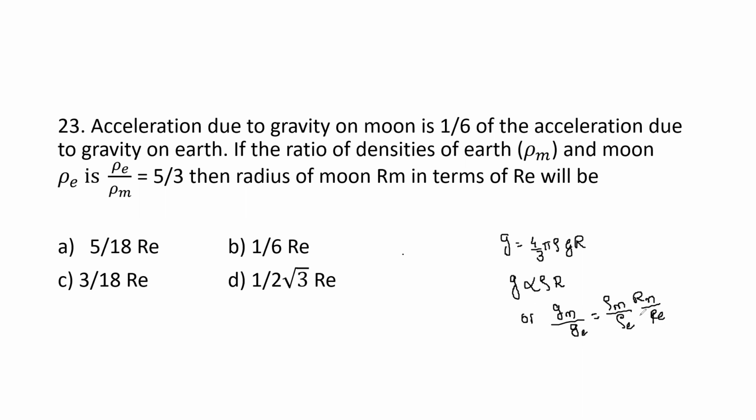We can write g is proportional to rho into R. Therefore, we can write it as Gm divided by Ge is equal to rho m by rho E into Rm by Re. So this is the relation between what? Acceleration due to gravity, density, and the radius here. So now we can substitute the value. So what they have given here, that is Gm divided by Ge is equal to,